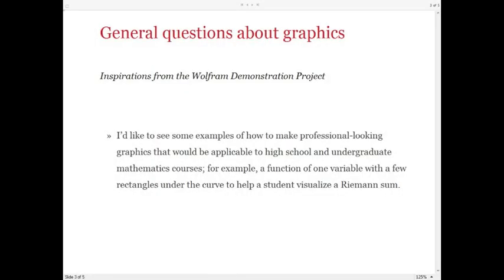Let's look at a specific question submitted to us by another educator. It reads, "I'd like to see some examples of how to make professional-looking graphics that would be applicable to high school and undergraduate mathematics courses. For example, a function of one variable with a few rectangles under the curve to help a student visualize a